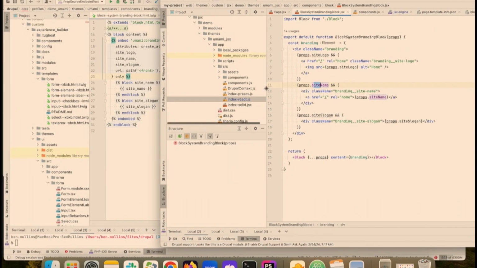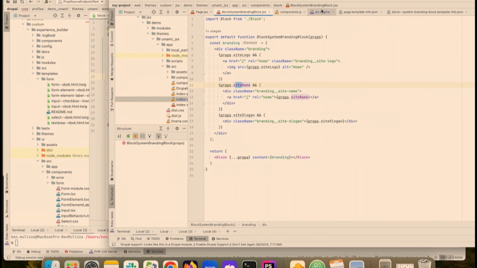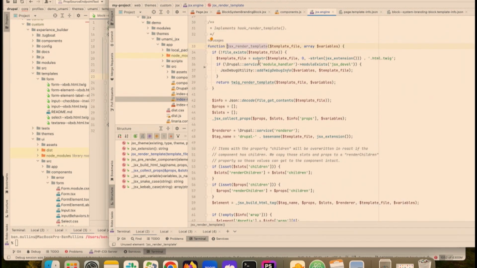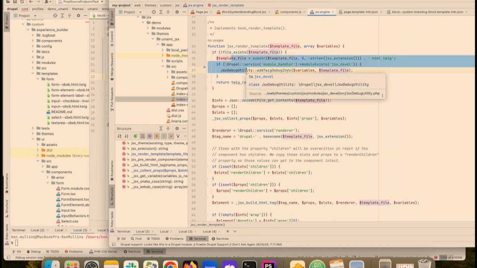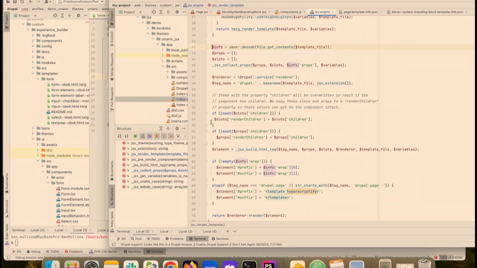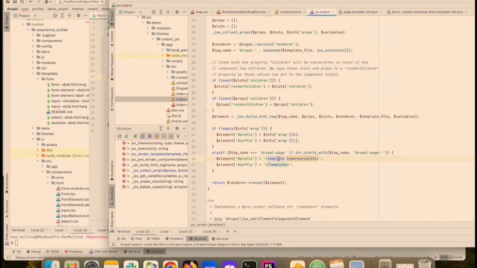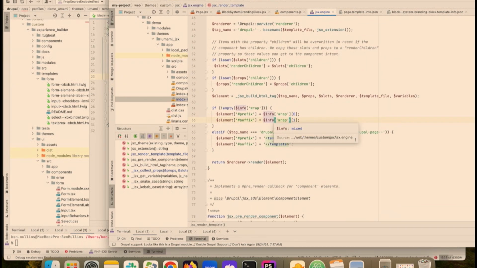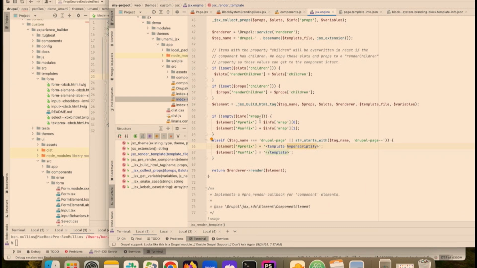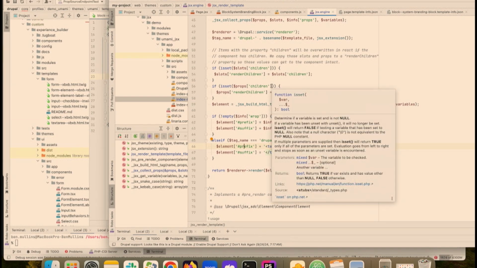Basically, what we have here is we're taking advantage of the engine files. We're going to look here, and this is basically looking for the JSX version. If we don't see it, we just use the regular twig and we render it in place. And then we have already rendered twig that is just a child of the React that's made. If not, we go through this deal, and this might look familiar. We're wrapping it in a template, we're adapting the props, a bunch of other stuff, but we reshape the render array,